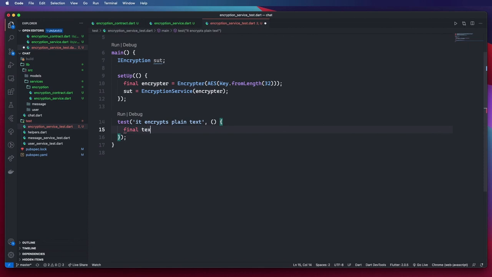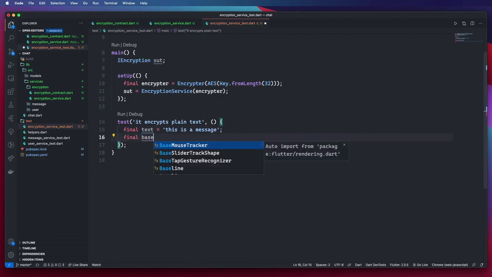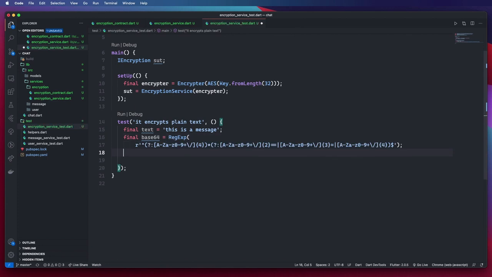So the text is, "this is a message." That's the text. And for our base64 check, I'm going to use a regular expression that basically checks if a text is base64 encoded. I'm just going to copy and paste that regular expression. So there is our